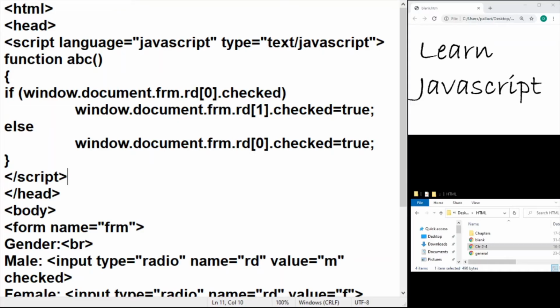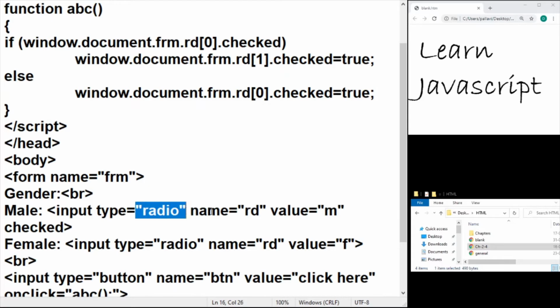Hello everyone. So in the previous definition, what we did was we swapped the selection of the radio button. Now in this definition, what we are going to do is we're going to check which option is selected and we are going to fetch the value of that option and print it. What I mean by option is the radio button. So for a radio button, the value here is M and F. We are continuing with the same definition that we started off with the first definition in the radio button section,